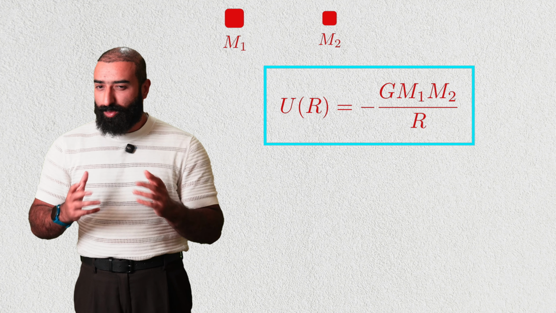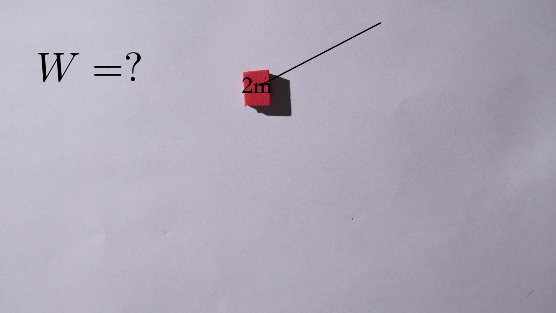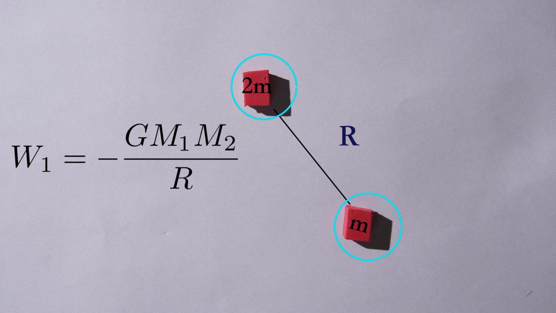Now let's return to the three-mass system. We assemble it one mass at a time. First, we place the very first mass. Since no other masses are present yet, there's no gravitational attraction to oppose. So, no external work is required, meaning no potential energy is added to the system. Next, we bring in the second mass. The work required to assemble this two-mass system becomes: